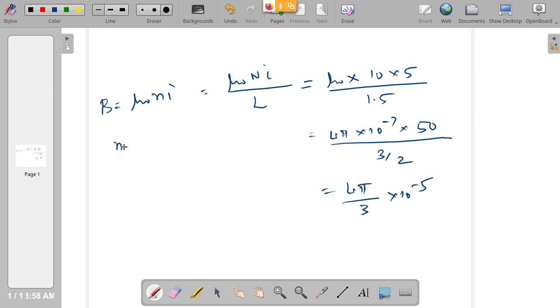So small n is given as 10 turns per centimeter. If you convert into meter, you have to multiply by 10 power 2. So 10 into 10 power 2 turns per meter. So in the denominator you will have an additional 10 power 2. Right. Then